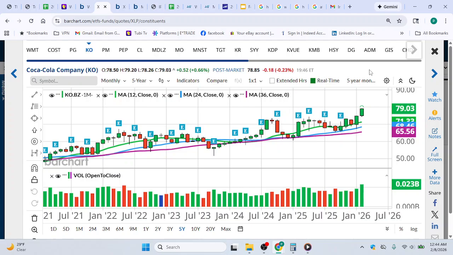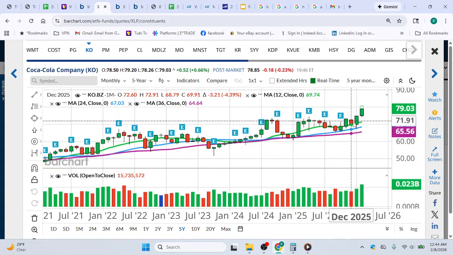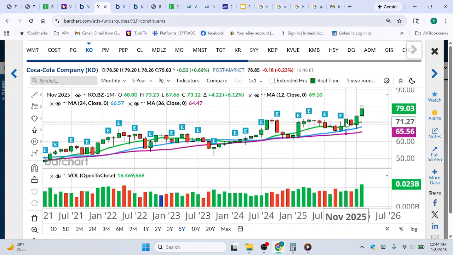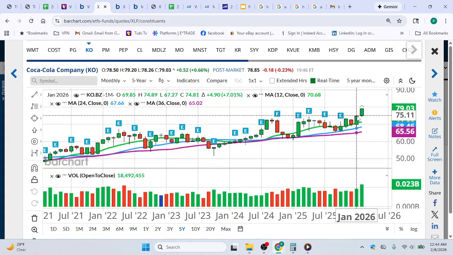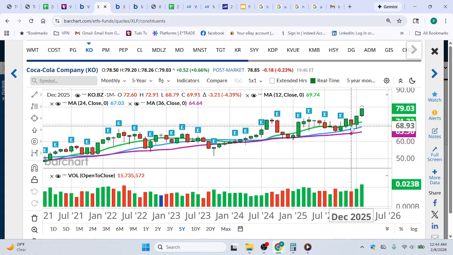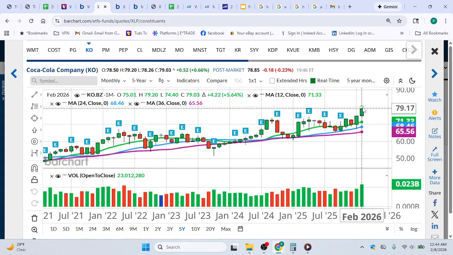Coca-Cola had this long consolidation period, or a base, and then we had that green candle with a red candle in the middle, and then a green candle, right? What I call a three-bar sandwich, where the sellers in the middle got sandwiched and had to close out their positions, causing even more buying pressure. And now we're into new highs on Coca-Cola Company. So that chart looks great for Coca-Cola.